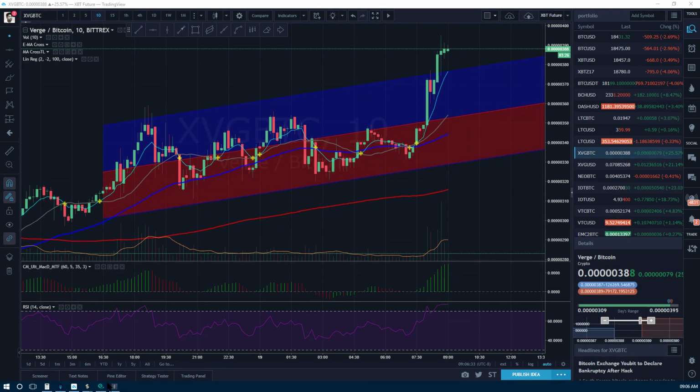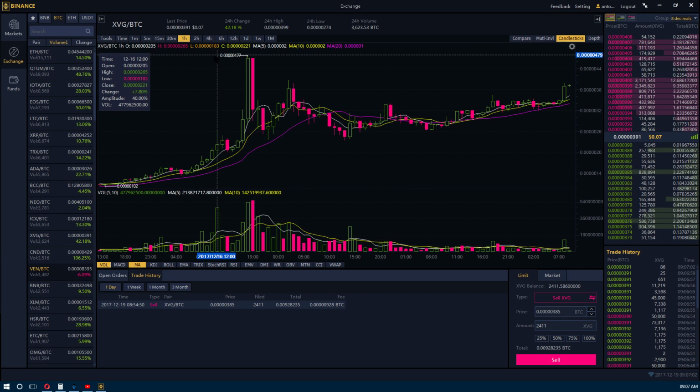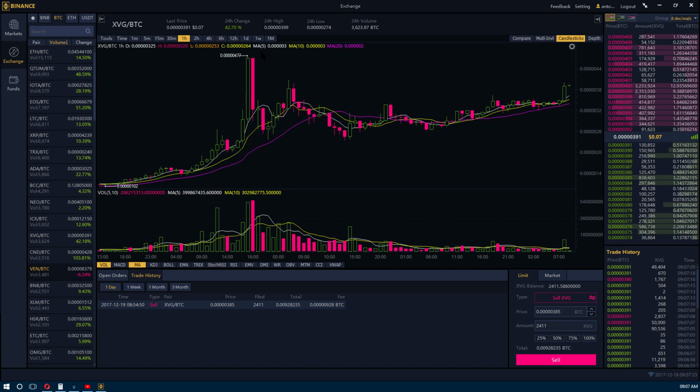Maybe I can show you better on TradingView. Here's a panhandle and it broke out on BitREX. See, BitREX has never been up to this 477 mark. This 477 mark is where one of the highest highs are on Binance. This is one of the highest highs it's had, as far as where the price has gone, where people have actually traded, bought and sold on Binance. So if it heads back up here, this is where